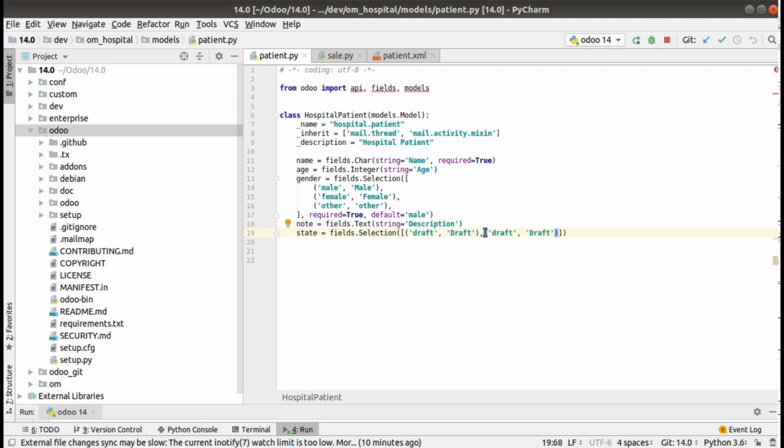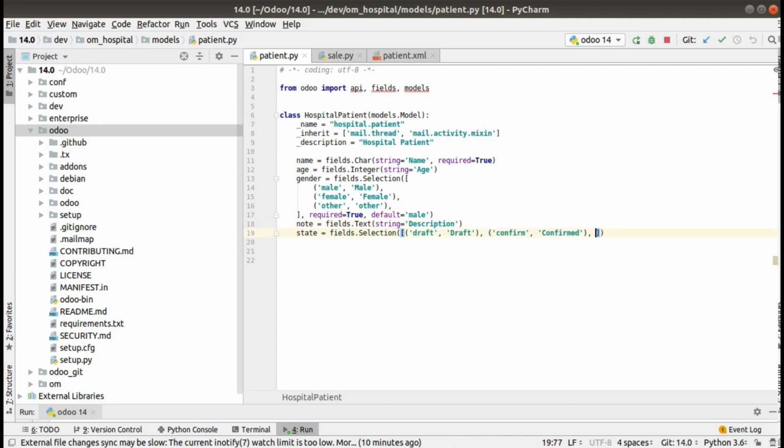First is draft, then next I'll be adding confirm, and I'll give the label as Confirmed. So the first one is the key, and this one is the value, which will be shown in the user interface. So inside the selection field I have added two values, draft and confirm, then I'll be adding two more, that is done and cancel.